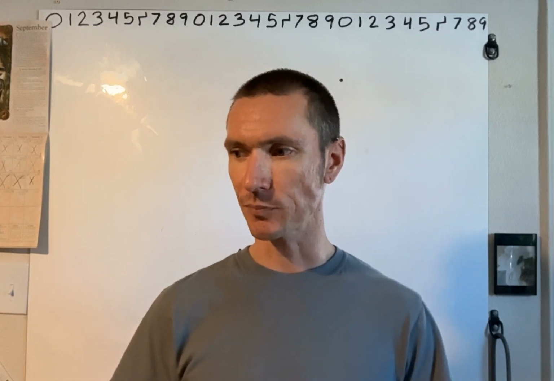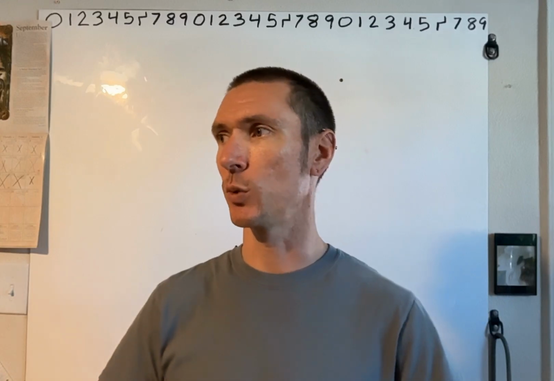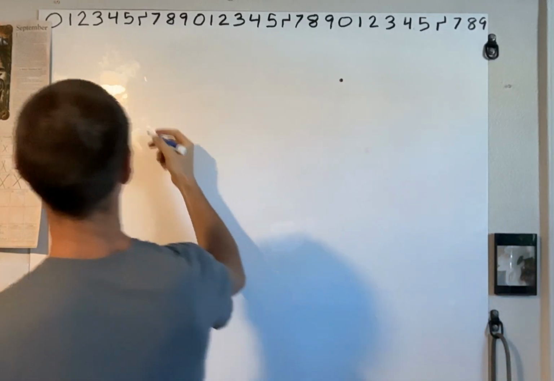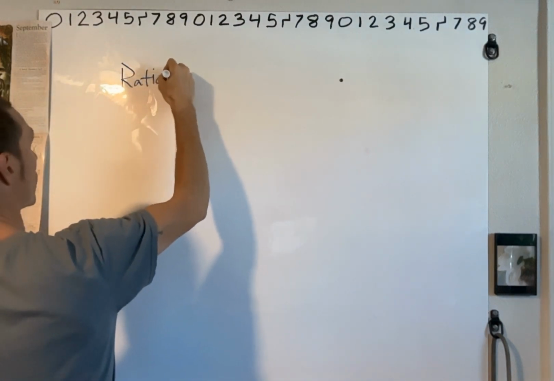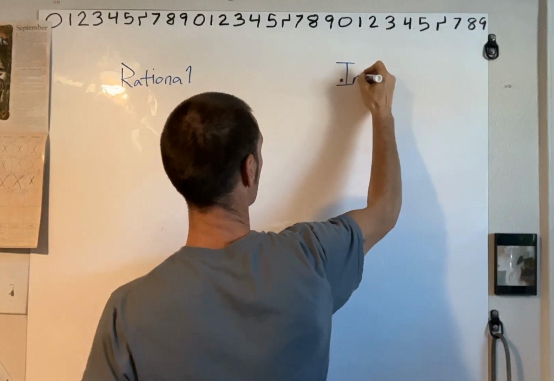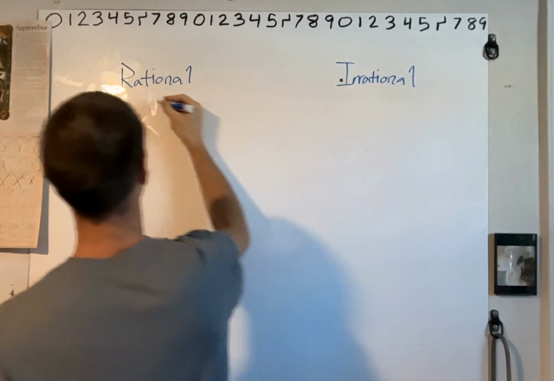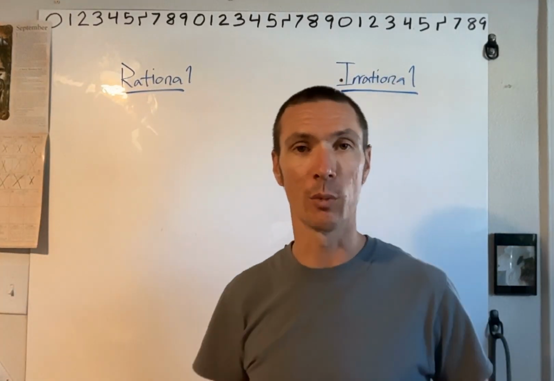And so, I'm going to start this off really quickly with just rational and irrational numbers. So you have rational and irrational. Okay. So rational numbers are,